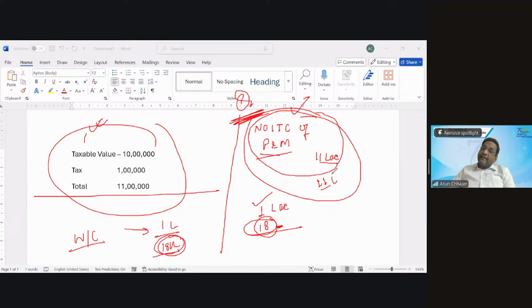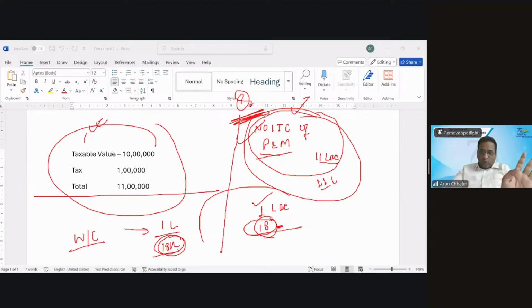But now further in the next year, I've incurred the expenditure on the work contract of 1 lakh. Can I take the ITC or you will say no ITC because you have not taken the ITC on the plant and machinery? Like in the car, we have done the linkage: repair and maintenance ITC will be allowed if ITC on the original is permissible. Some linkage was there. Will that same linkage be applicable?